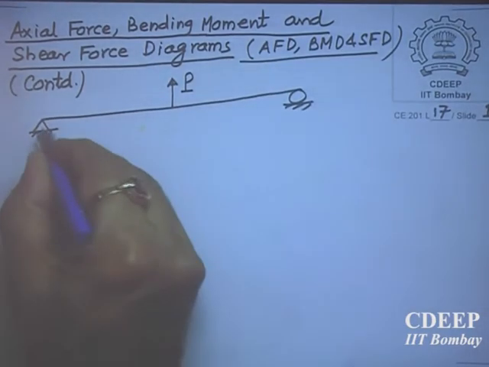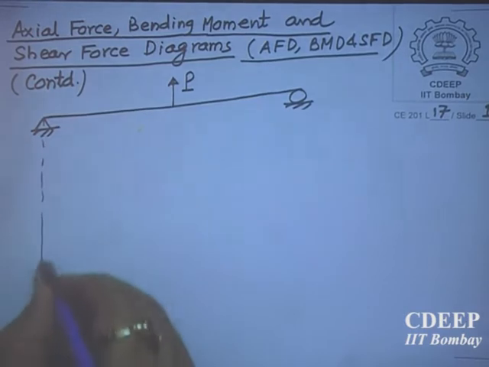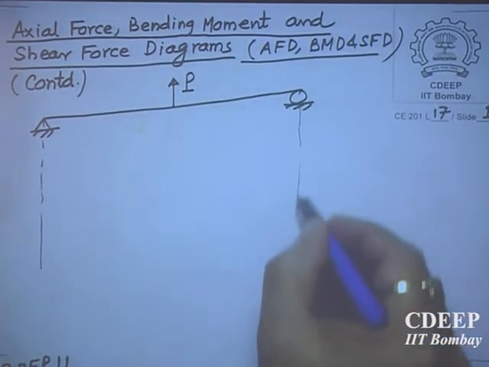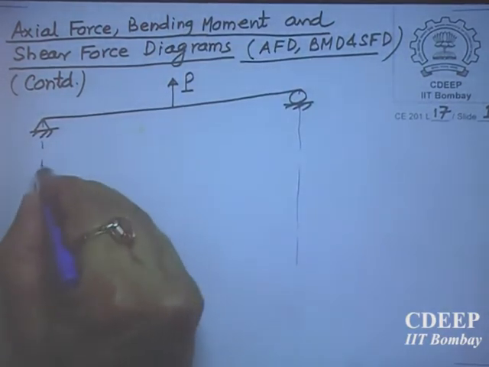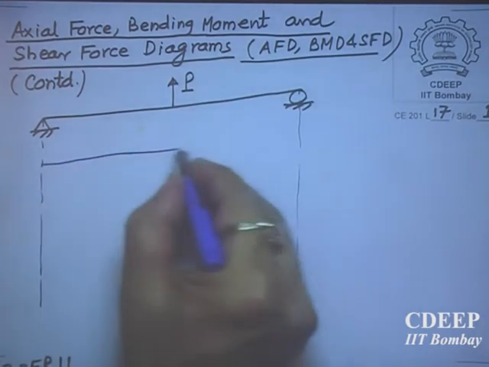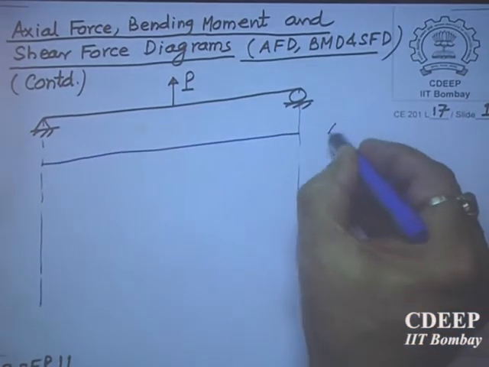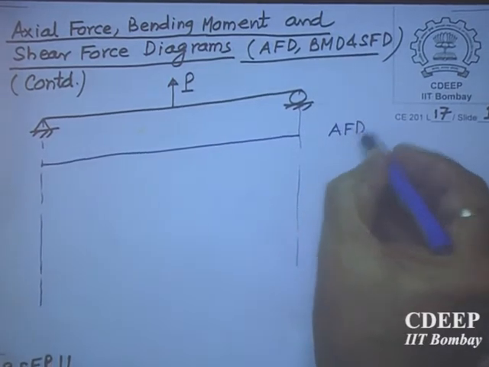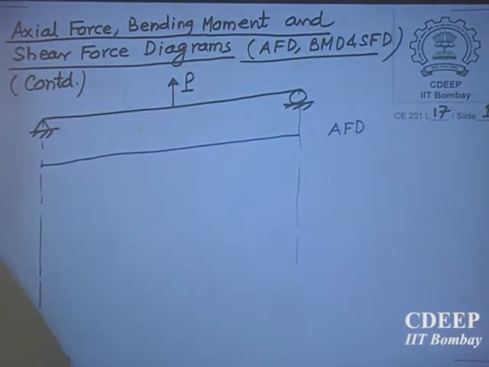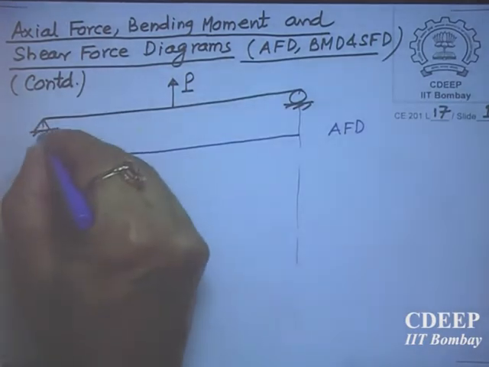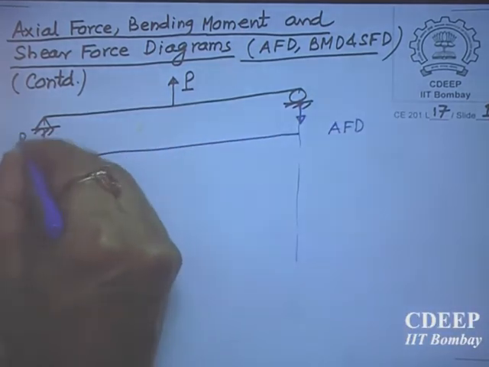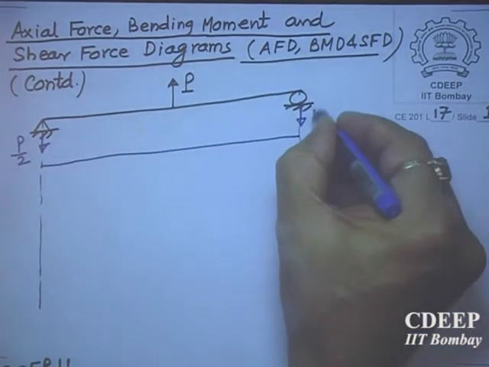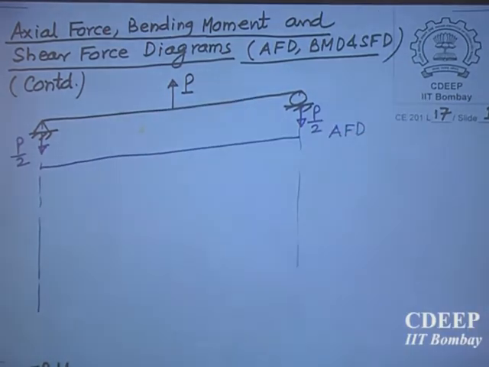So here we saw the other day that yes, we can draw this. Normally on the loaded diagram we draw a line like this. When you have to draw the shear force or axial force diagram, it has to be a horizontal line. So this is the AFD. Here there is no axial force, and we have already found out that the reactions here are P by 2, P by 2. I will take another problem also, but let me complete this once more because we have already solved this problem.